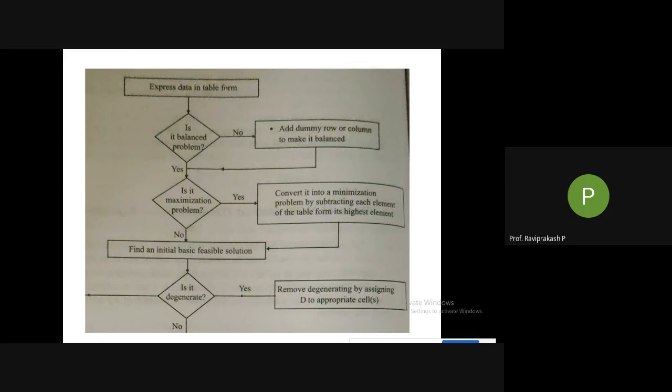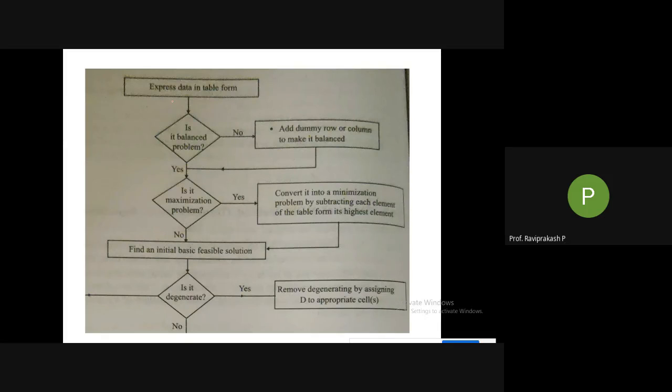What is there? Express data in table form. It may so happen that you need to construct the matrix yourself. Many times they won't give you that, but in one question paper it was asked in paragraph form, and you need to construct that matrix. I did not get that particular question here. When we go back to college, someone remind me later, and I'll find that problem and solve it in class or online, because I'm not getting the sum. Okay, leave it. We'll see it later.